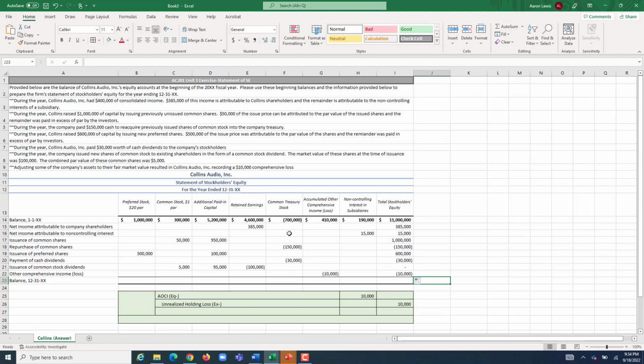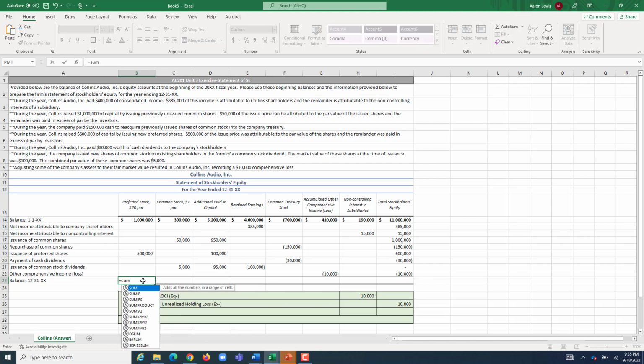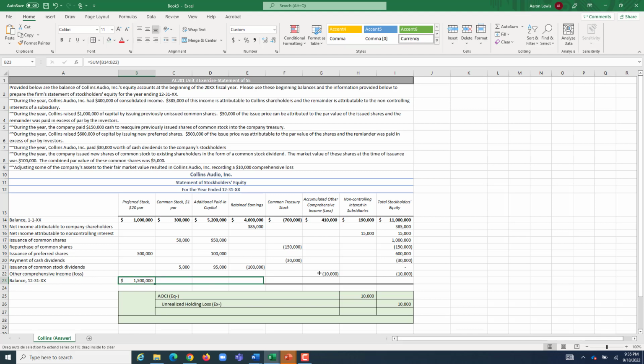And now that we have all of these columns filled in, what we can do is find the total of each one of these columns. To cheat in Excel, I can type equals sum, highlight all the numbers in the column, close the parenthesis. Excel will find the total. Our preferred stock, $20 par, would be up to 1.5 million. And now that I have that formula in there, I can use the fill handle in the bottom right corner, drag it across. I'm going to go just to non-controlling interest in subsidiaries,